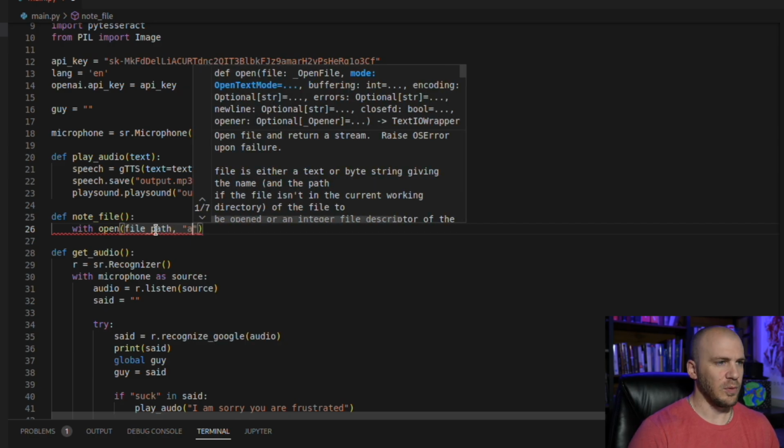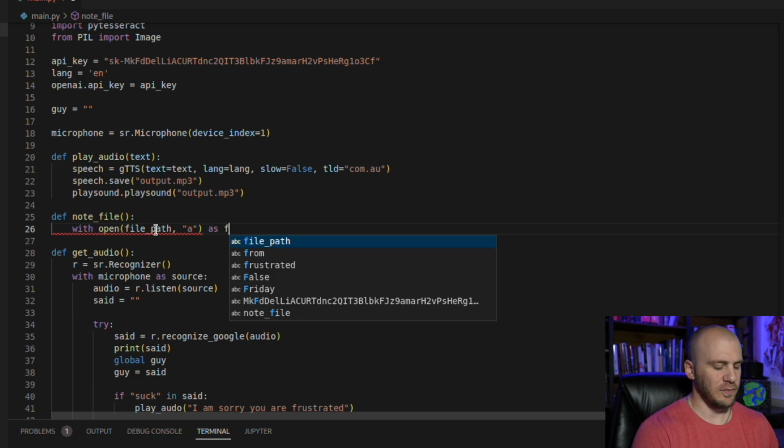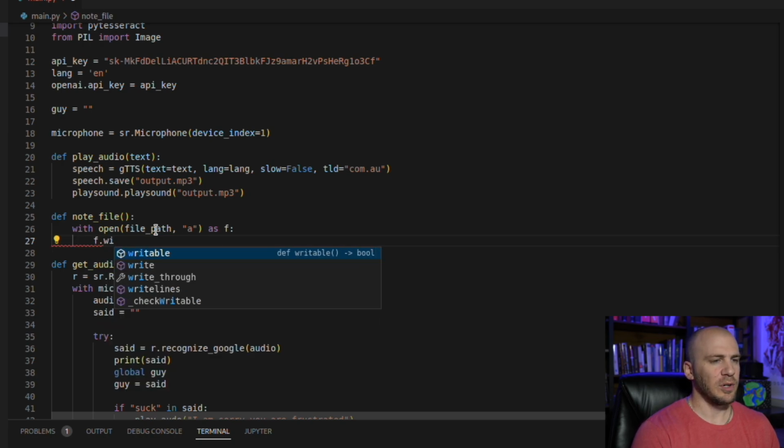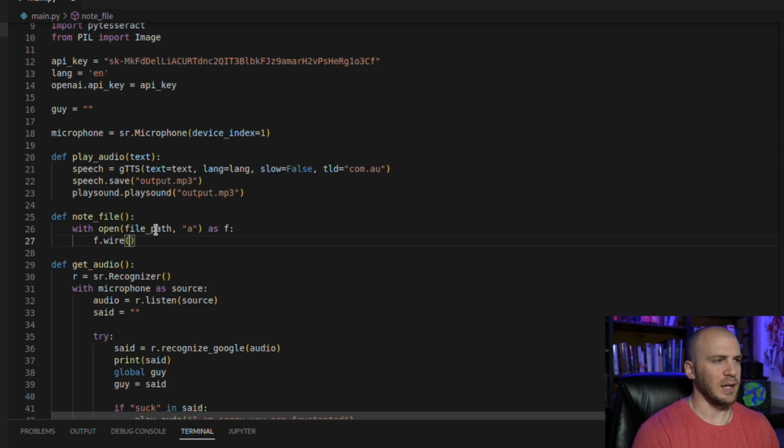And we're going to open with A, and we're going to say as F, which is what you're going to see when you use, typically when you use with open, you're going to open as F. And we're going to want our F, which is going to be our file. We want to write, and we want to write a note. And every note we make, we're going to want it to be on a new line. So every time we say we want a note, it's going to ask, would you like another note? And if we say yes, then we want that new note to be on a new line. So we're going to add in this, and the reason that's not working for me is because I don't have quotations, and that should add our new note on a new line.